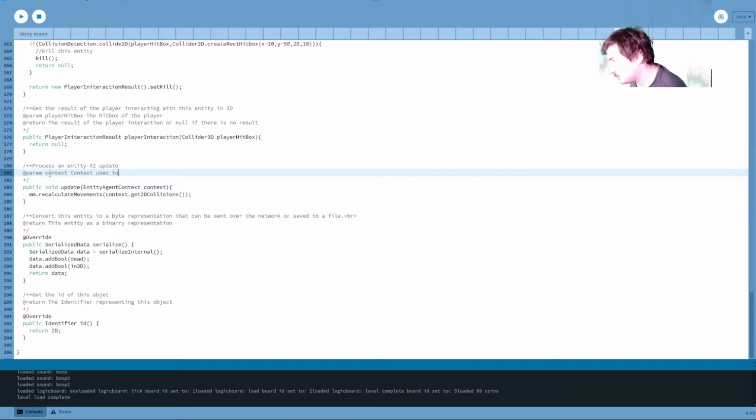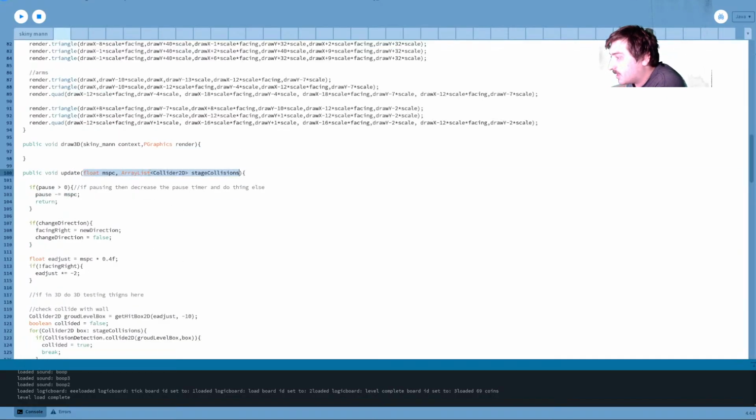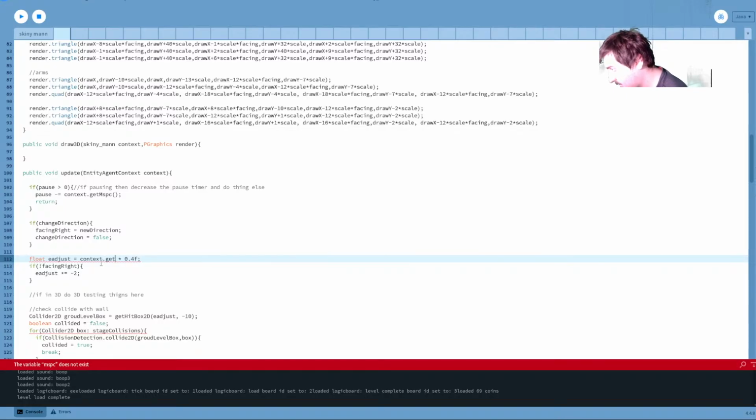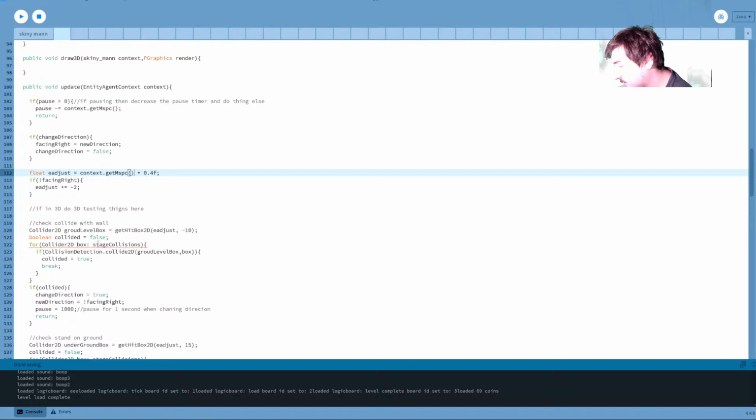Text used to do AI things. It's not particularly relevant what it is. Anyhow, and now for you. I get the MSPC. So we get the MSPC from there. Context get MSPC and